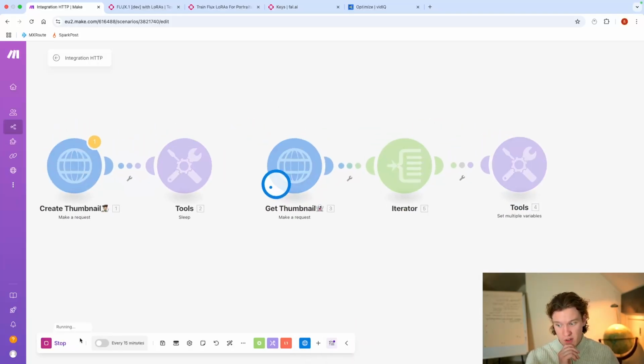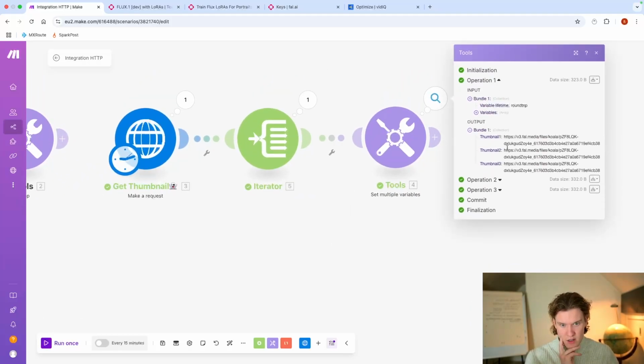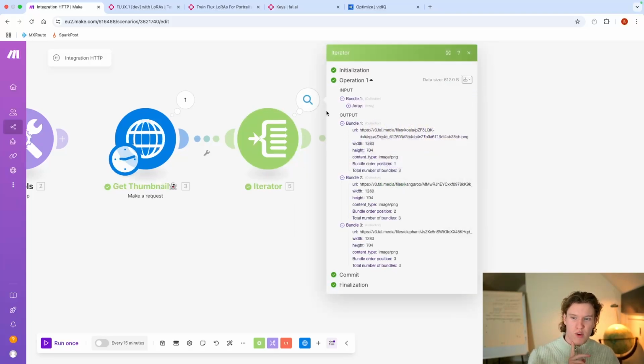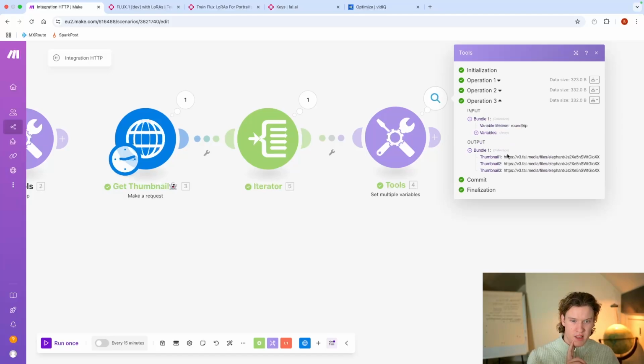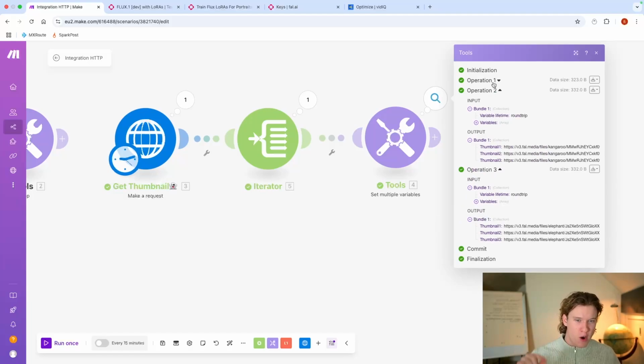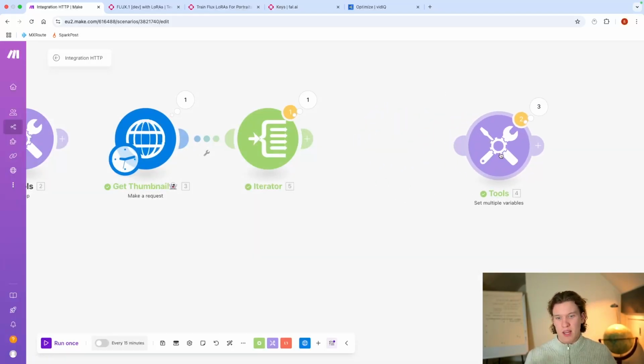And just for you guys to see at home how it works, it'll go through all 3 of the bundles, but it will still create 3 outputs of the same one. So 3 operations of, you see this is koala, koala, koala, kangaroo, kangaroo, kangaroo, elephant, elephant, elephant. So the way we get around that